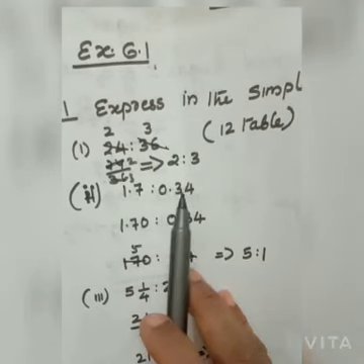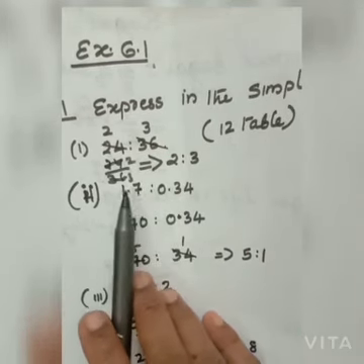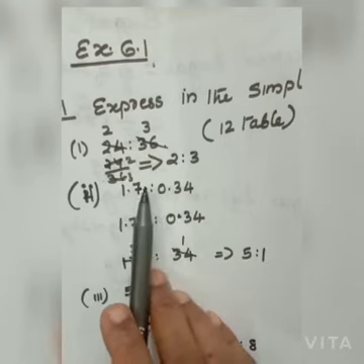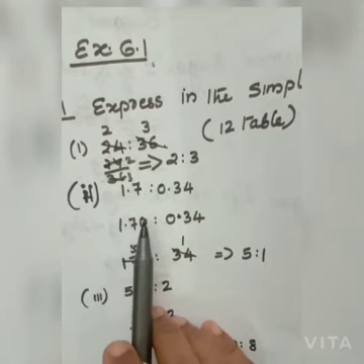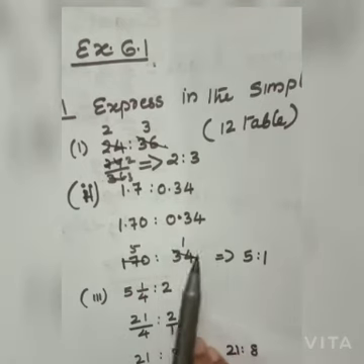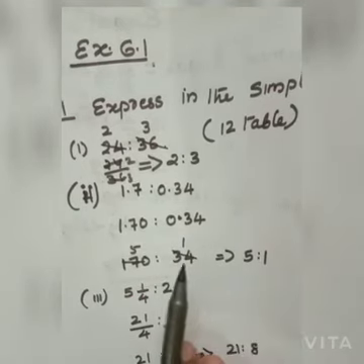1.7 ratio 0.34. You know very well, in the decimal chapter you already studied that after the decimal you make the same number of digits. Here 1 digit, here 2 digits. I made here also 2 digits by putting 0. Here 2 digits, here 2 digits. Then you can take out the decimal and cut it out. 5 ratio 1. I cut out the 34 table.